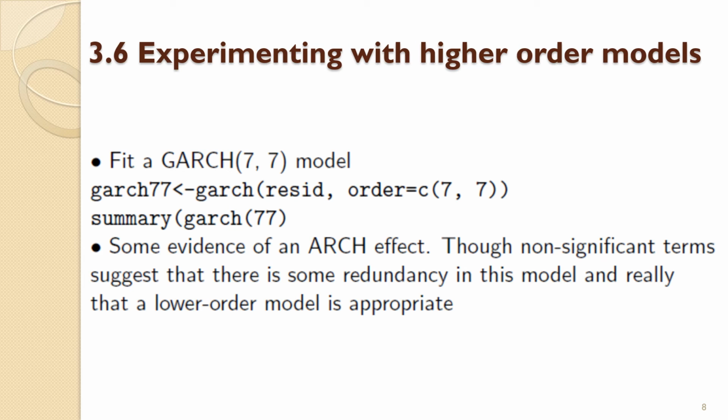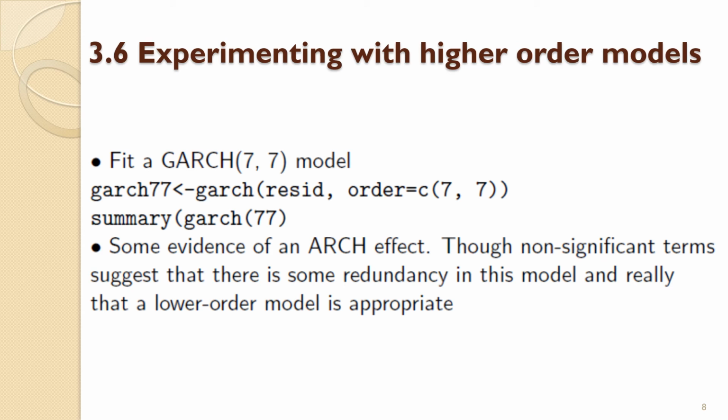Again, you've got the same setup in terms of the R commands as we've seen before. So you've got the first step, which is the calculation step, and call it something logical, and you've got a second step, the summary step, to actually show you the explicit results of the calculation. R is like a robot, it won't do this unless you explicitly ask for it. So it says here, evidence of the ARCH effect from the